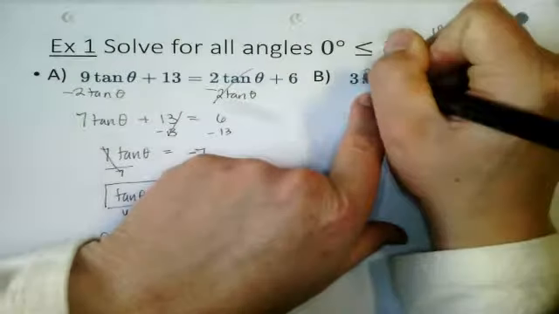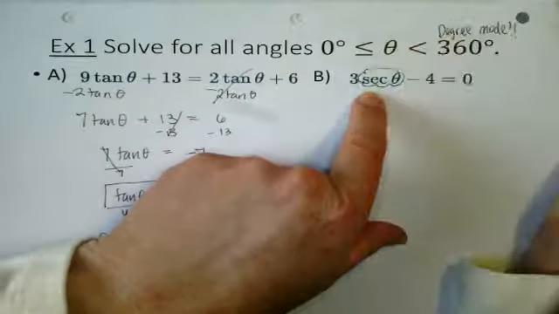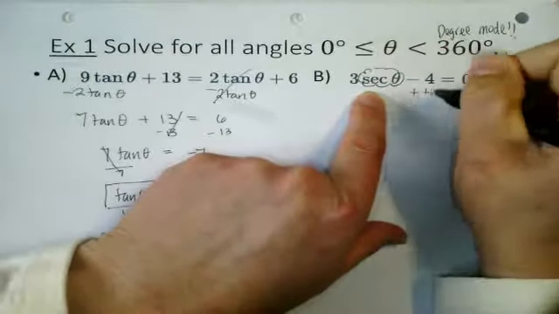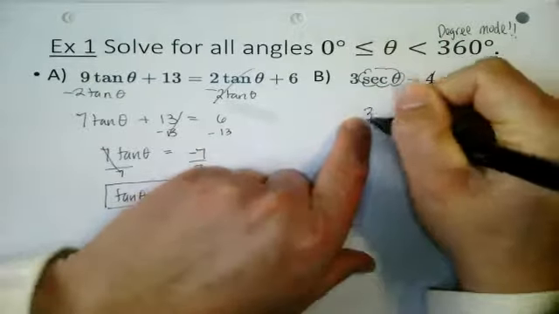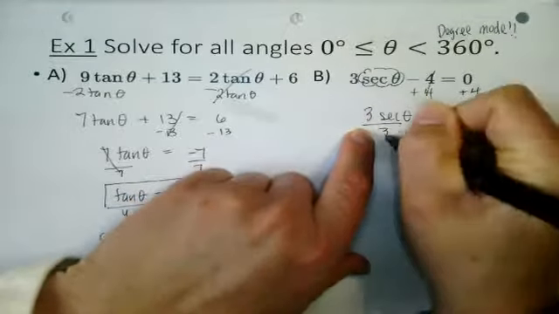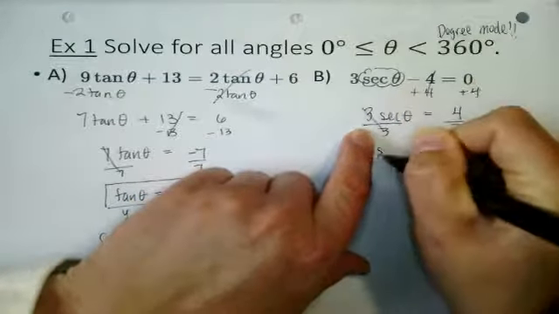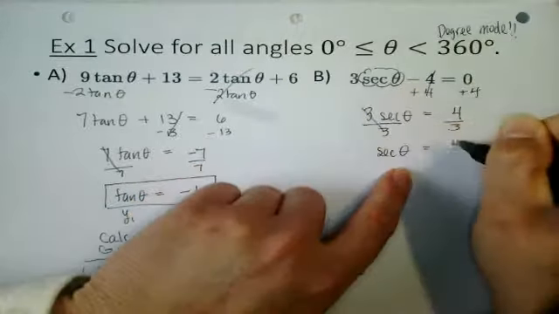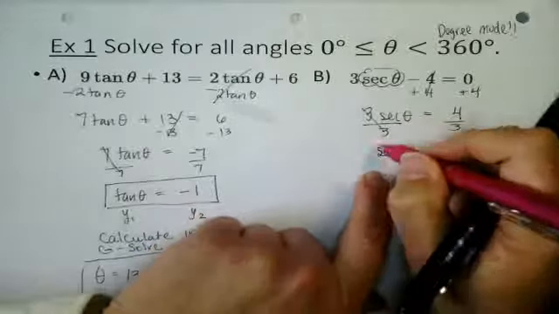So again, our goal is to isolate the trig function. So I'm going to start by adding 4. So I have 3 secant of theta is equal to 4. And then I can go ahead and divide by 3. So secant of theta is equal to 4/3. Now, I don't have a secant button on my calculator. So I'm going to take the reciprocal